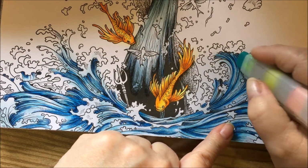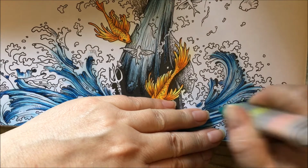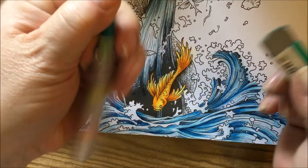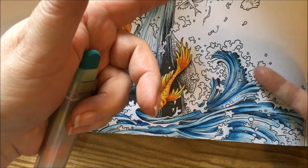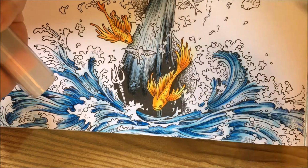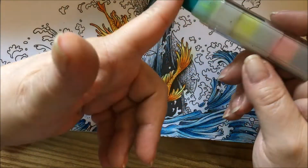But if I wanted, say, a little lighter color there, I just take the eraser and just erase a little bit. This particular one is a sandpaper one. It'll take up all the color and the ink that's on the paper because it has sandpaper in it. It's really good for, say, if you messed up and you want to erase a clear edge. Now, this is like what you would use to